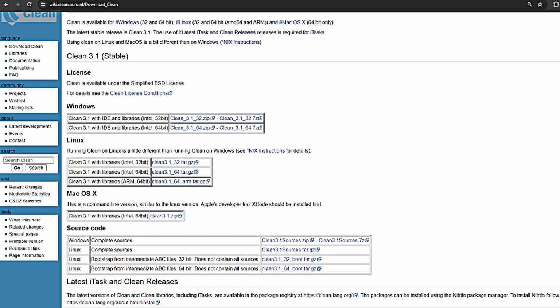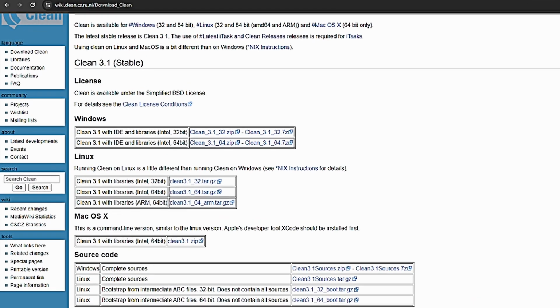Now there are two ways of doing so. First, the traditional way, and second, the new cool modern way. So this video really covers both installations, and you can use whatever you see fitting your needs. But we will be starting by installing the compiler traditionally, so head to the link